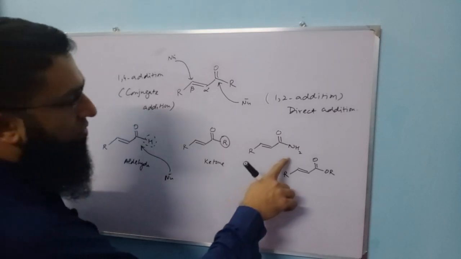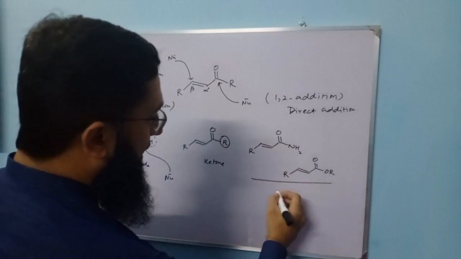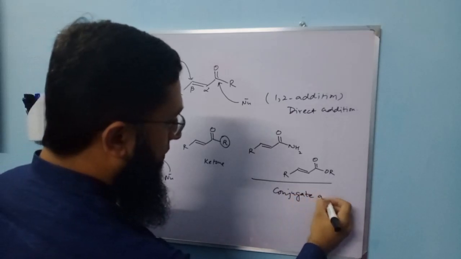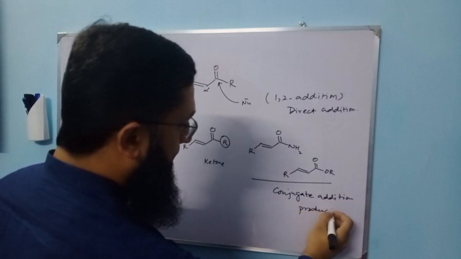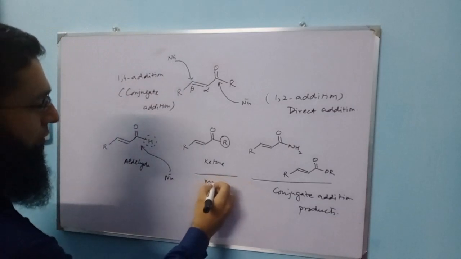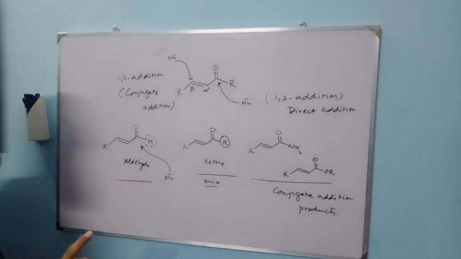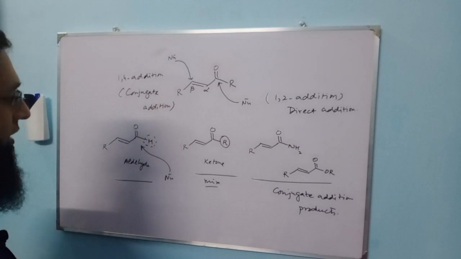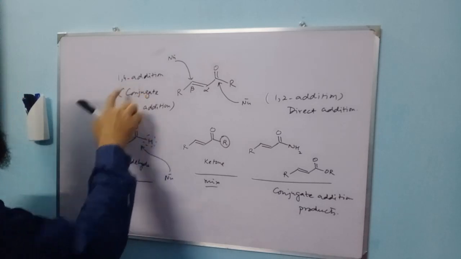So in case of amide and esters, we dominantly obtain conjugate addition products, whereas in case of ketone, mixed results are obtained. In case of aldehyde, 1,2 addition is dominant. However, in these two cases, if we carefully choose the nucleophile, we can control the formation of the product, and as a result 1,4 addition can occur.